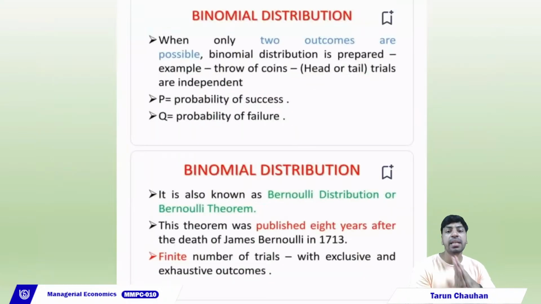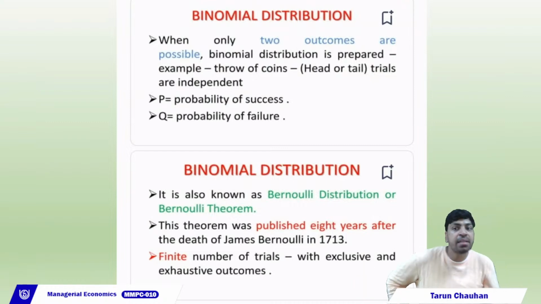Let's talk about the binomial distribution. Binomial distribution includes only two possible outcomes. For example, when we throw a coin, it's a head or a tail. The head trial and tail trial are totally independent of each other. The spin of one side of the coin cannot influence the other side, that is tail. So there are two possible outcomes, that is p and q, the probability of success and the probability